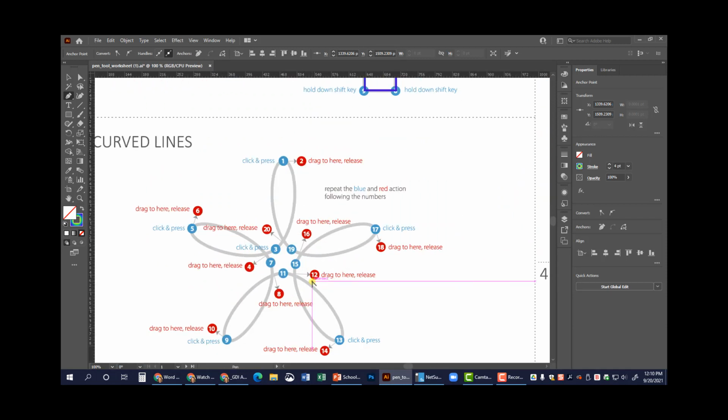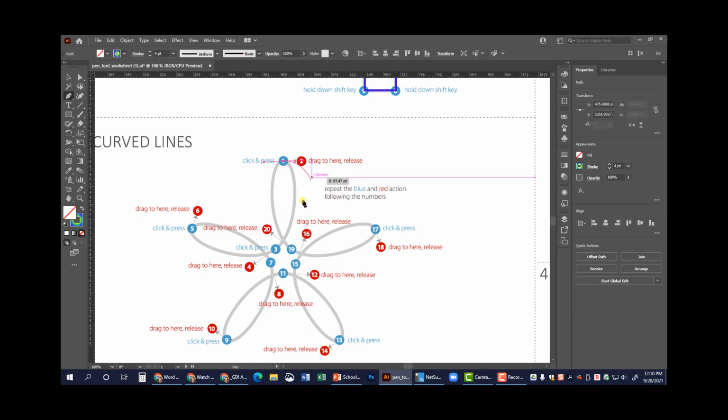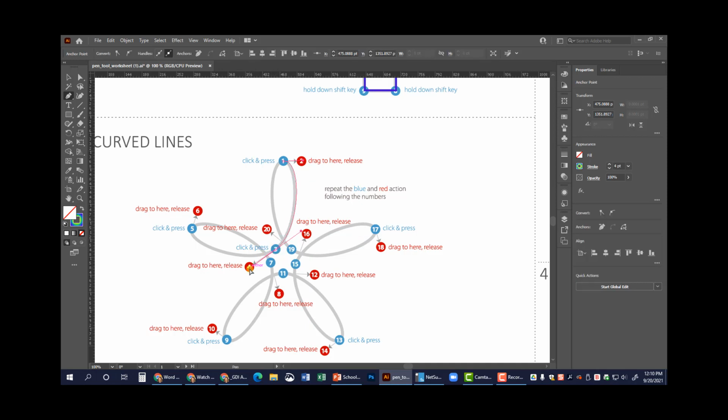All right, number 3. These also, it looks confusing, but you're just clicking, holding, and dragging to the next number. So from 1 to 2, click and hold 1 to 2. Then I'm going to locate 3, click and hold, drag to 4. Then I'm going to locate 5, click and hold and drag to 6. Then I'm going to locate 7, click and hold, drag to 8, then 9, drag to 10,